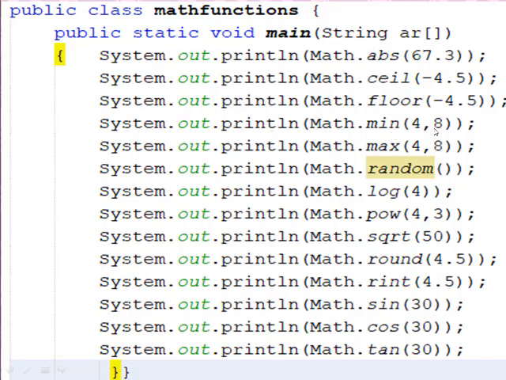Min will return the minimum value, max will return the maximum value. Random will return a random number, log will return the logarithmic value of 4, pow will return 4 to the power 3, sqrt(50) will return the square root of 50, round will round off 4.5, and rint will round off 4.5. These will find the sine, cos and tan values of 30 radians.